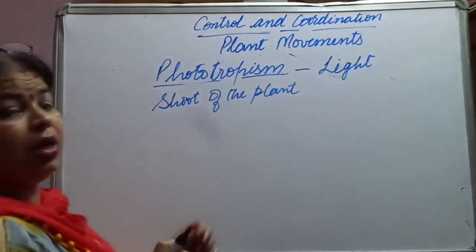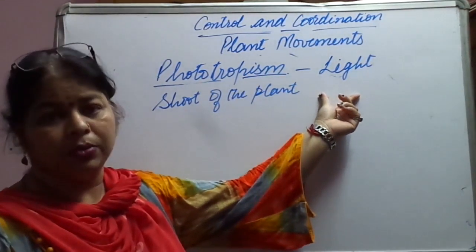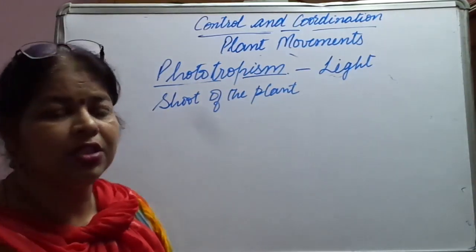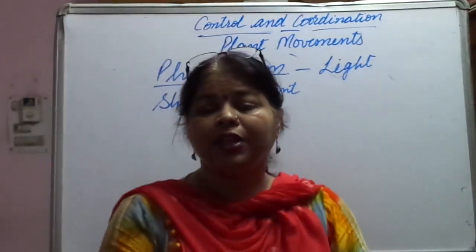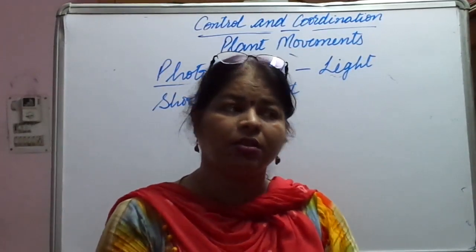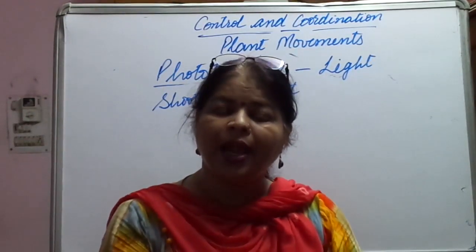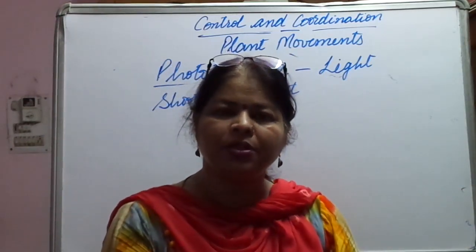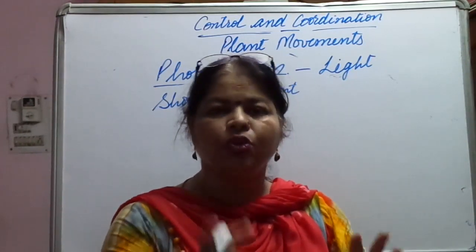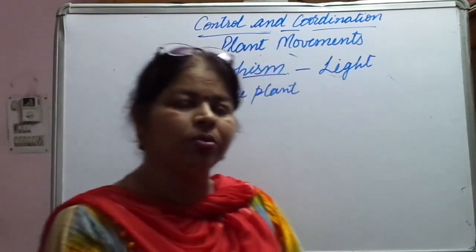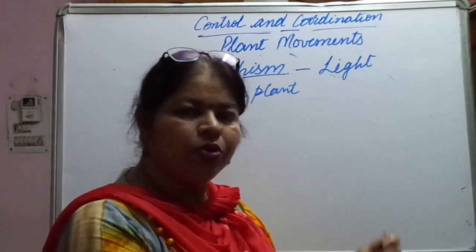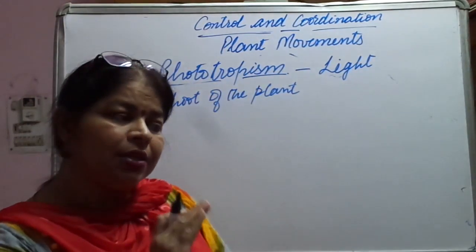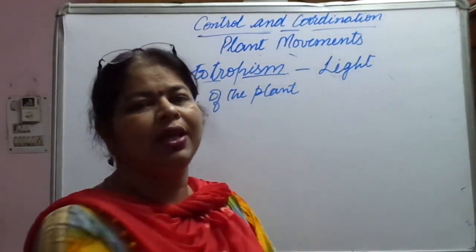is dependent on light for growth. There is an activity in your NCERT book also. For example, let us take a potted plant kept in a dark room. It is kept in a dark room and it is growing, but after some days, when it is showing growth, we open the window and sunlight comes in. So what are we going to see? We will see that the plant shoot bends towards the light.